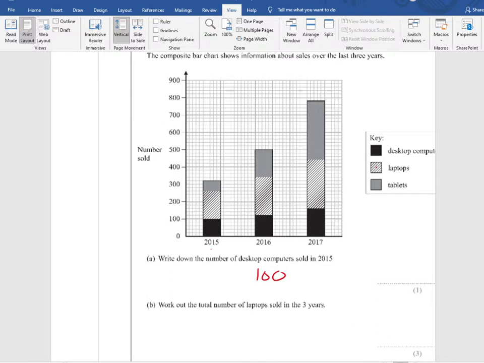So 100, 120, 40, 60. 160 there. This one's from 120 to, where's 300? There. 340. So the difference between those two is 220. So we've got 160 plus 220 plus whatever this is,